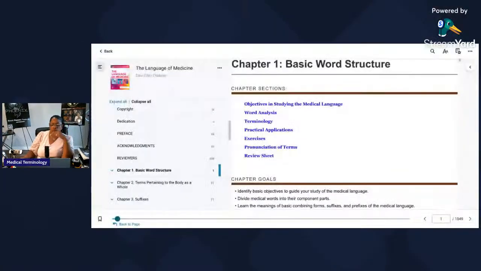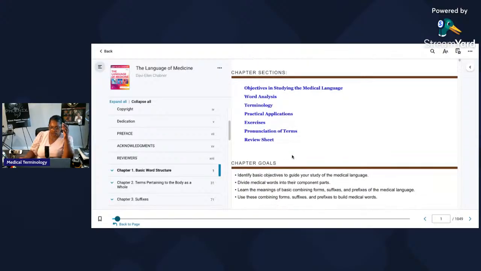So again, what I wanted to look at here is, are you on the book yet? What I wanted to look at here is the exercises and the chapters. So the first chapter is basic word structure. I put this up here just so you guys can get a look at that. In basic word structure, you're generally going to do the whole chapter. Each one of these chapters you're going to do.